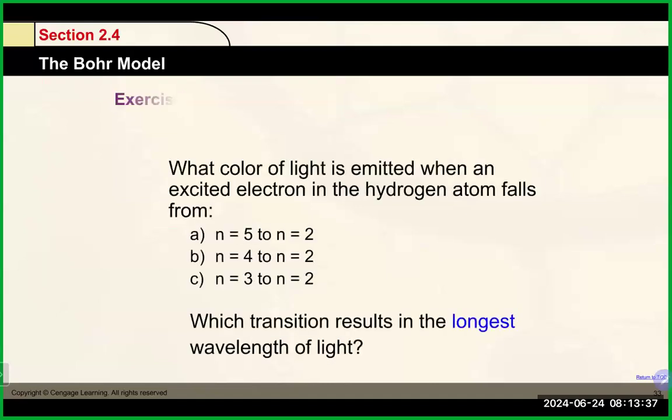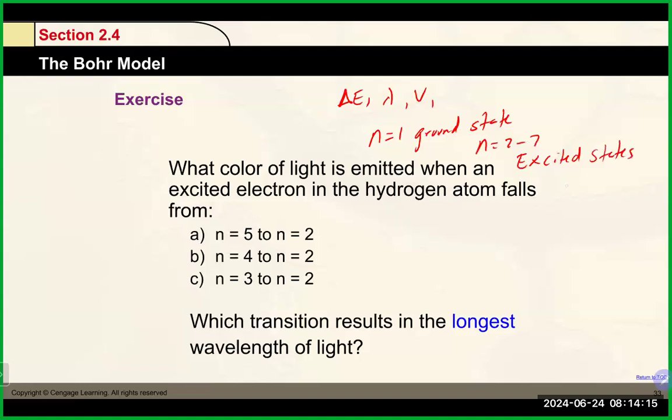All right, so we left off with an example that you were supposed to have completed. So let's take a look through this one and grab the calculator here. On this one, we're going to calculate pretty much everything. We're going to calculate the change in energy. We're also going to calculate the wavelength and the frequency for each of these transitions of electrons from different energy levels. Remember that n equals 1 is the ground state, and that is the closest to the nucleus. It's the most stable. N equals 2 through 7, for example, are what are referred to again as excited states, and those are higher in energy,